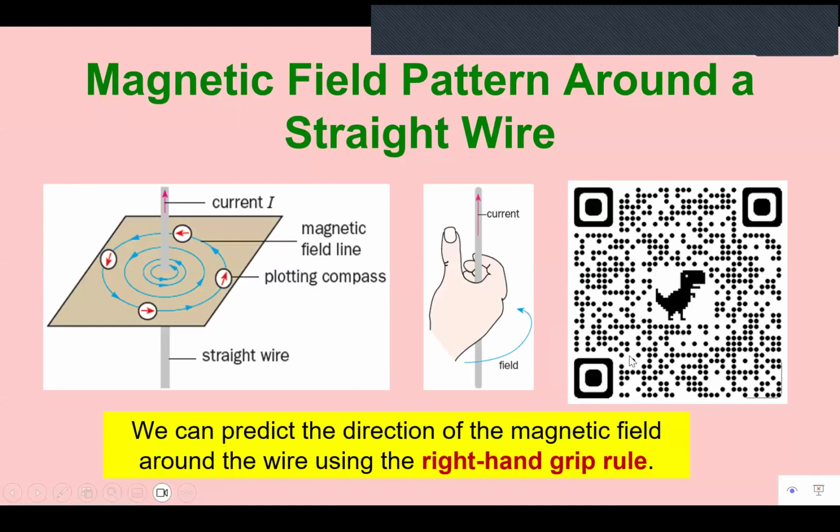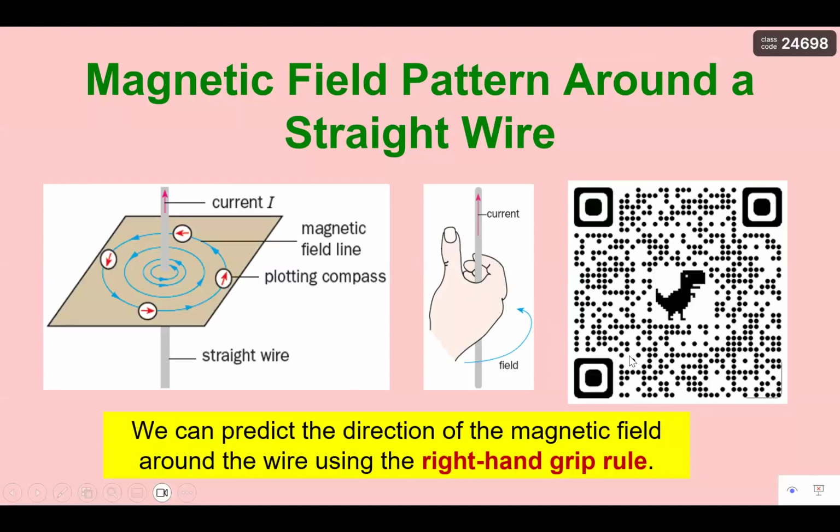So you have learned about the right hand grip rule in the previous part about magnetism. You use it in a solenoid where current is flowing through the solenoid, and then you use the thumb to determine the north pole, which is the magnetic field. But the right hand grip rule is actually very versatile. You can represent the current using fingers, where the fingers curl in the form of a solenoid. So when current is flowing through a solenoid, you use the fingers to represent the current because the current flows in coils and your fingers can coil. So when the fingers represent the current in a solenoid, the thumb represents the magnetic field, the north pole.